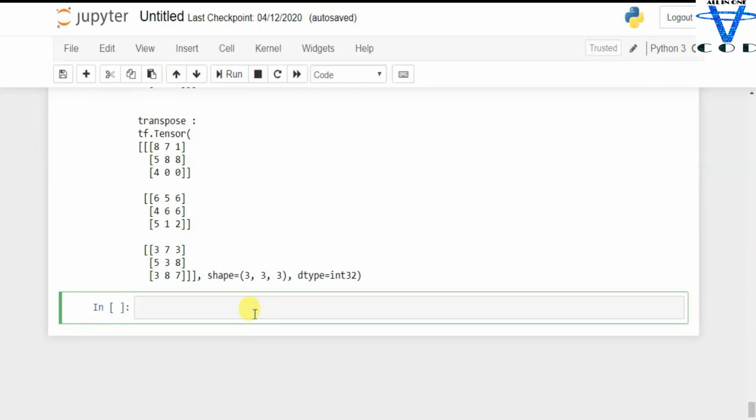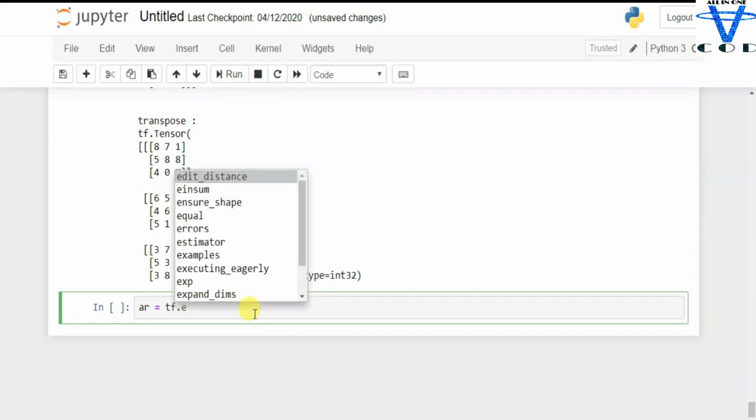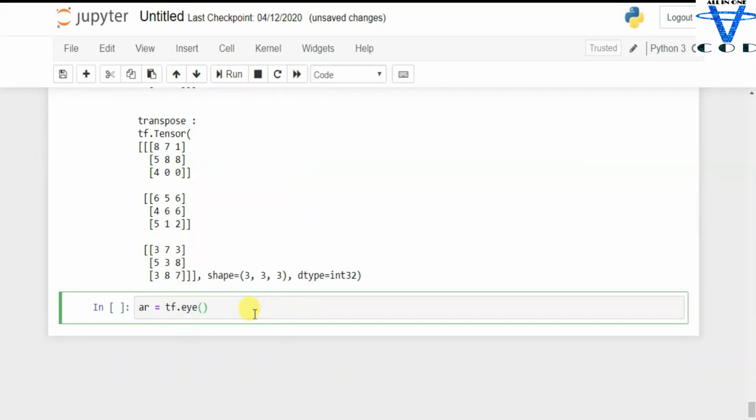Let's try. Let's say AR equal to tf.I. Let's pass the 3 by 3 matrix, and let's say data type equal to tf.int16 is good for now.